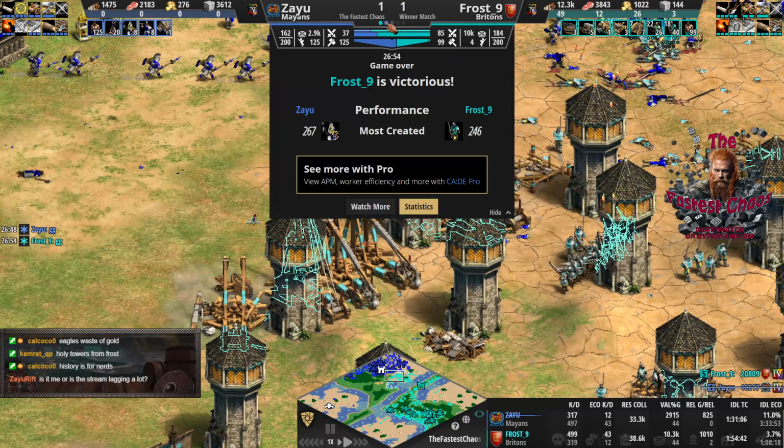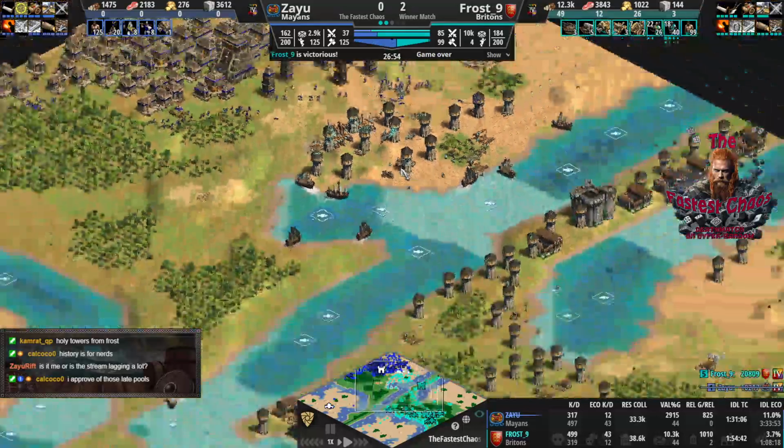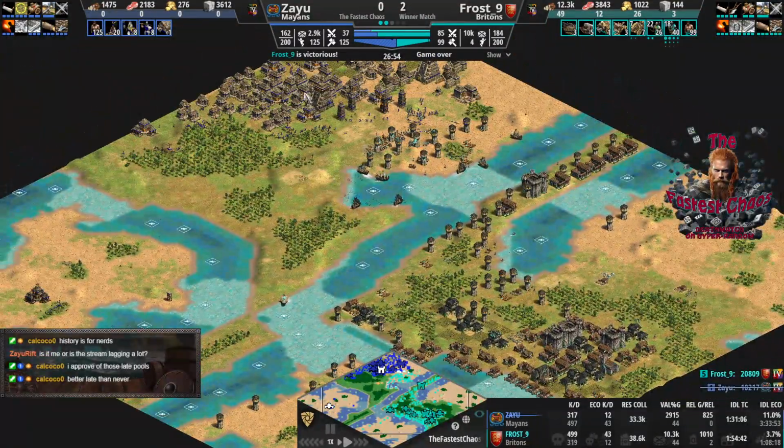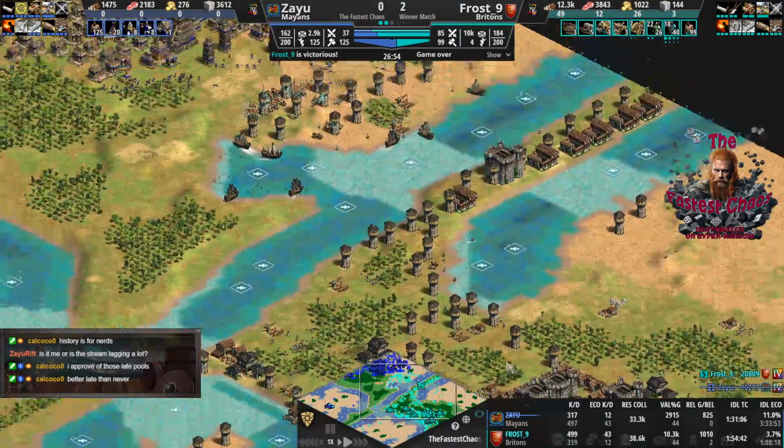Solid play. Frost... I think a bit of a civ loss when it comes to the late game. Yeah, especially when it comes to the map, right? It was super far. Yeah. Not only was it the other side of the map, but also via the woodlines and via that cliff, a long way for the eagles to get there. And then...